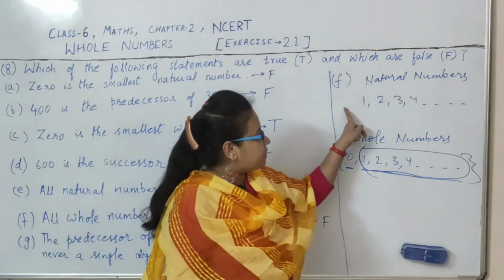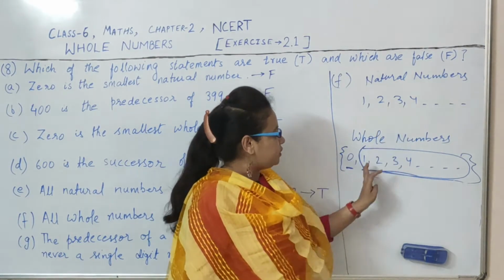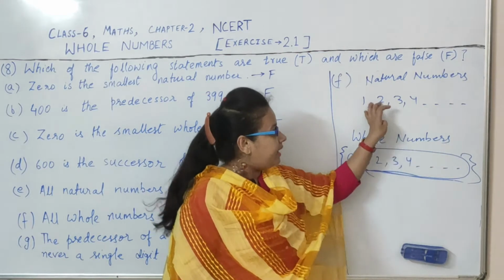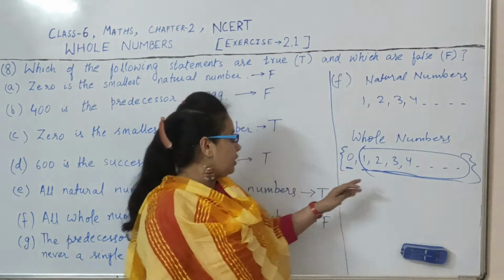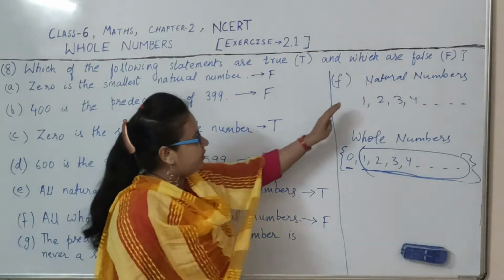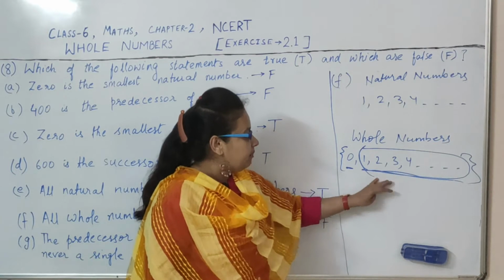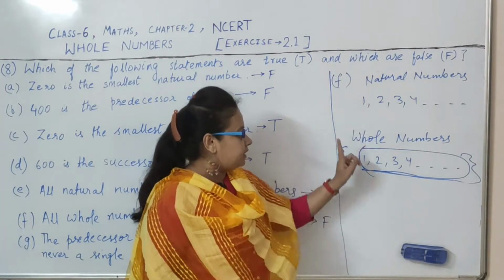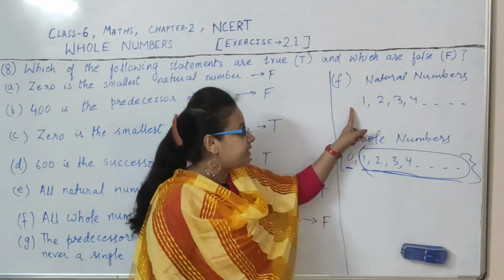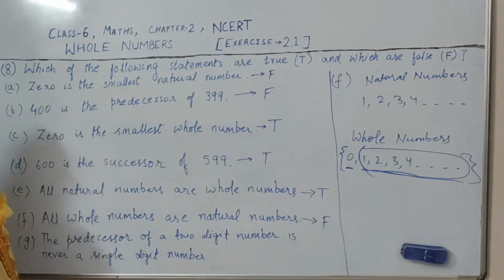But all natural numbers are also whole numbers. See, all natural numbers also come in whole numbers. So all natural numbers are whole numbers. What we saw in the previous question: all natural numbers are whole numbers, because these all come in whole numbers. But all whole numbers are not natural numbers, because 0 is a whole number but it is not a natural number. So, understood both these questions. Now we will see the